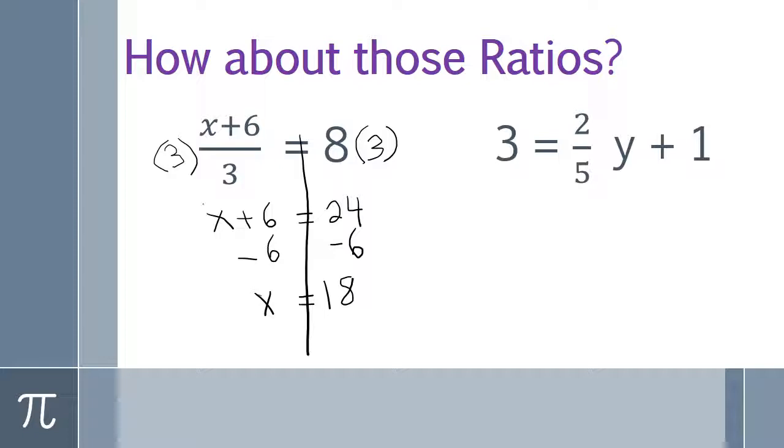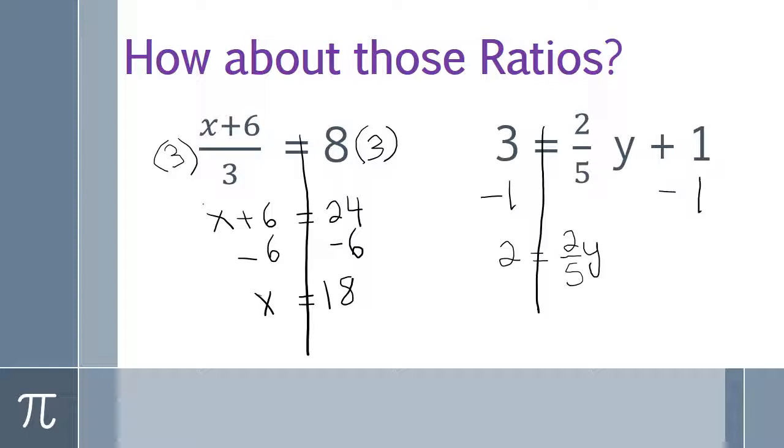We know that 1 is added to the equation. That means to be able to get rid of 1, all I need to do is to subtract 1 from both sides. 3 minus 1 is 2 equals, now I have the fraction